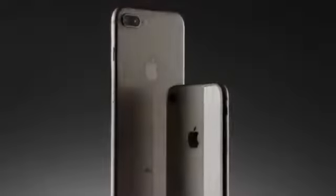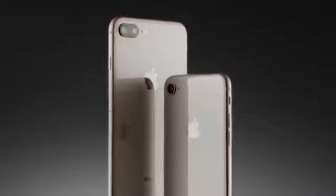A very exciting day for Apple today. They announced the new iPhone 8 and 8 Plus, as well as the new iPhone 10 10th Anniversary Edition. So in this video, I wanted to give you guys a very in-depth look at these devices, how they compare to one another. If you guys were on the fence about whether or not it's worth $300 or $400 extra